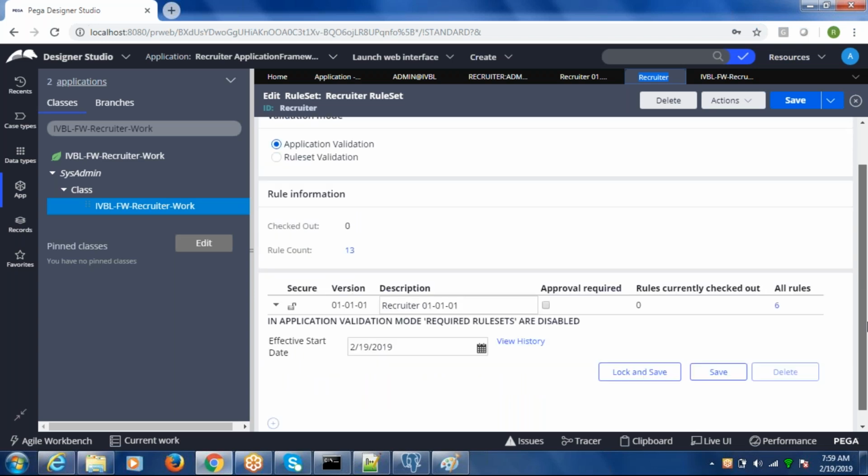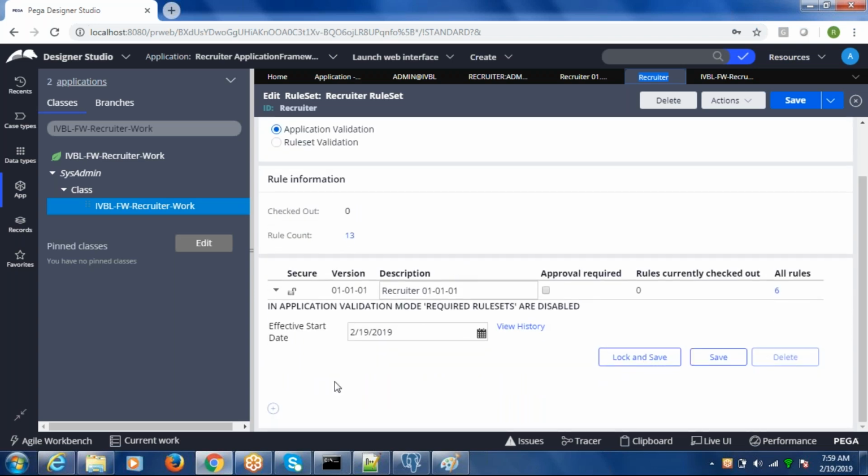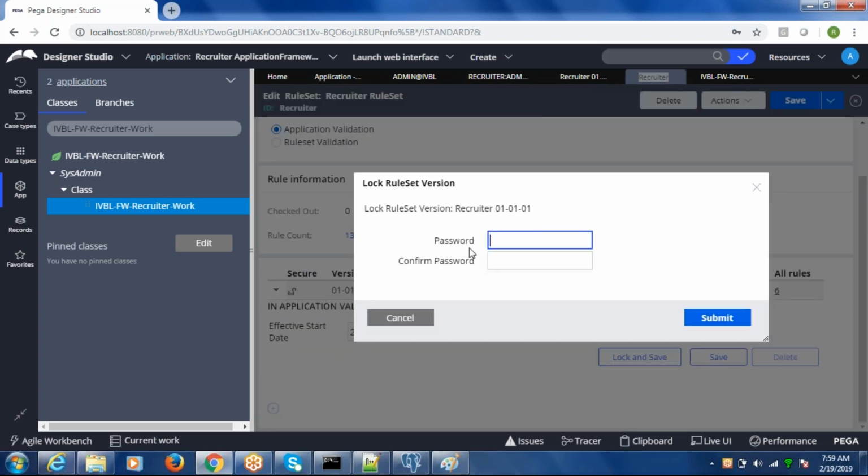As and when you go to the next set of versions, it is always recommended, the best practice, to lock it. Whenever you try to lock it, it will prompt us for a password, which for an organization will be a specific password. Some lead system architects might know it.